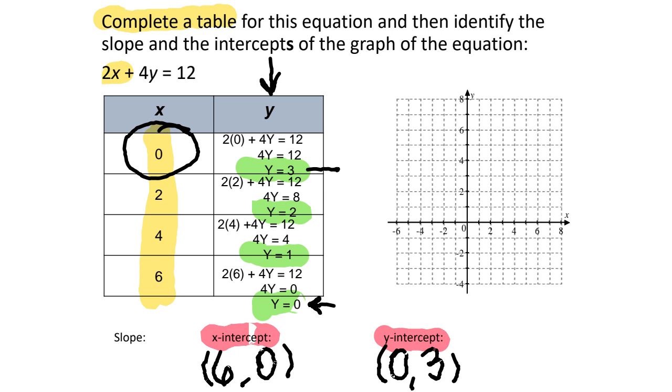This is my 6, 0. I go 6 across, 0. My Y-intercept is 0, 3. Okay, 0, 3. Now, when you use your graphing tool,